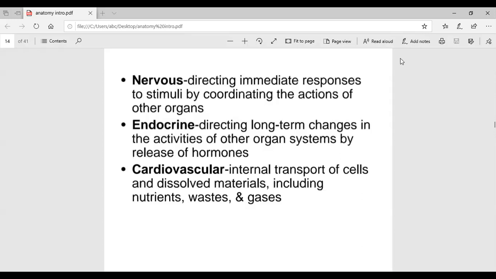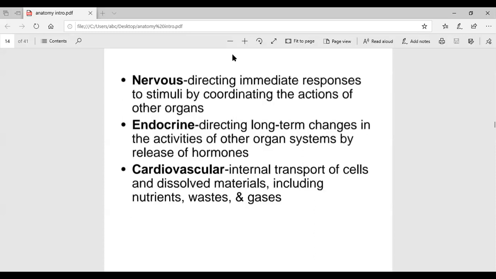Cardiovascular system, in layman's language, you might have heard cardio. Whenever we say cardio, if anyone of you goes to the gym, you might have heard of cardio, like people say that if you are fat, you need to lose weight. They say do cardio, do cardio. So what exactly is cardio? Cardio means your heart. Whenever you do exercise, your heart starts pumping and beating faster. That's why they say do cardio, make your heart work. It will pump faster. It will pump more blood. So that is why the cardiovascular system means the heart and the blood vessels which are coming out of it.